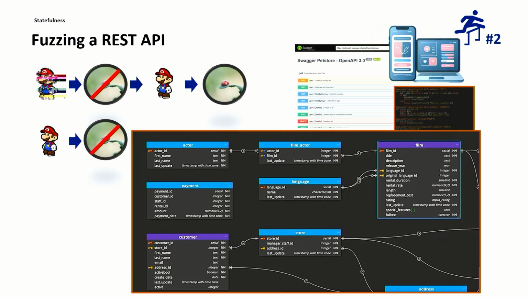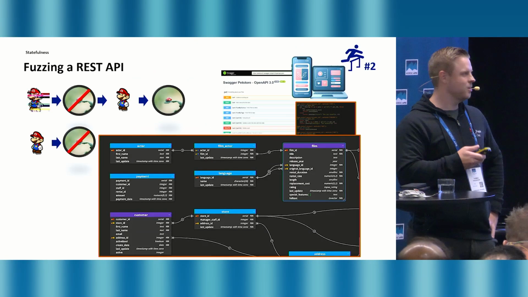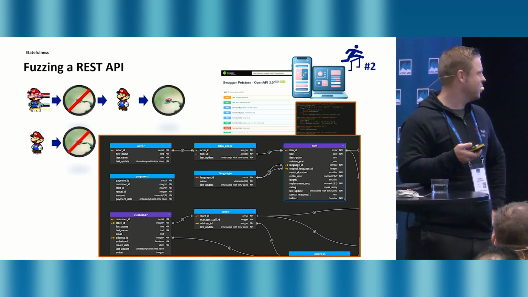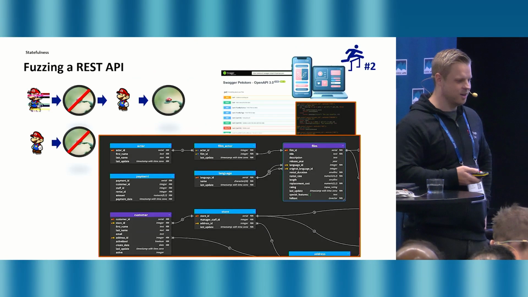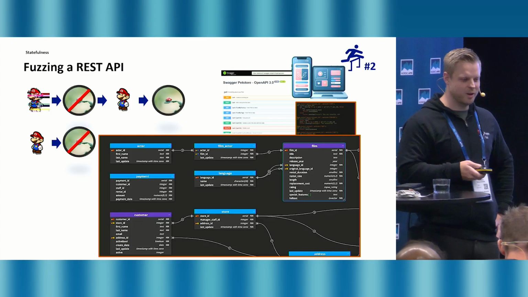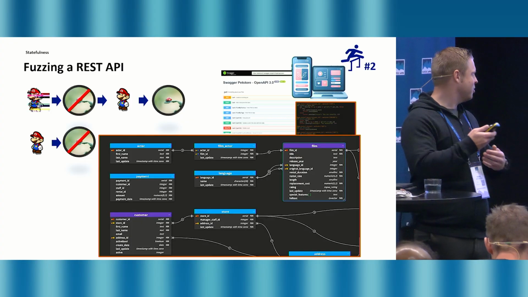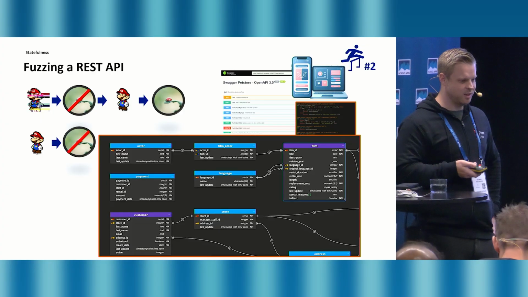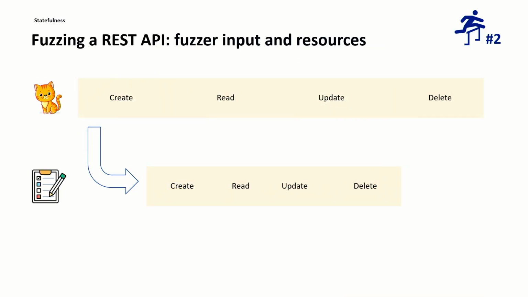Another challenge you might have is that, in APIs, you might send a malformed Mario and not trigger a bug. Then you send a proper input, a proper Mario, and this triggers a bug, which is actually weird, because if you would send this proper Mario in the first place, it wouldn't trigger a bug. So there is some notion of state, and you need to take that into account. How do we do that? We follow this CRUD